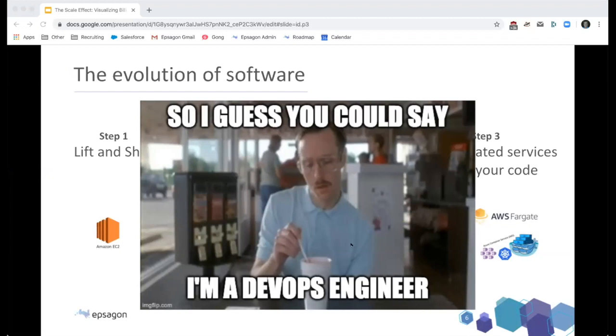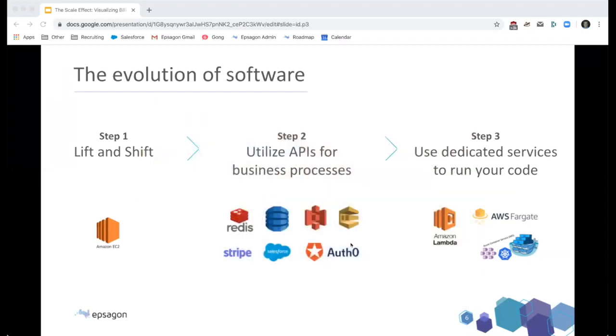Now this same lift and shift is still common today. And at Epsagon, we see a number of our customers utilizing our platform for hybrid deployments as companies do progress to the cloud and look to identify areas of inefficiencies and errors, something of key importance in the cloud migration journey. Now, from there, we saw the rise in software as a service as payment gateways, authentication, and even databases